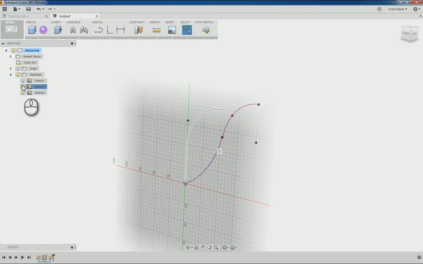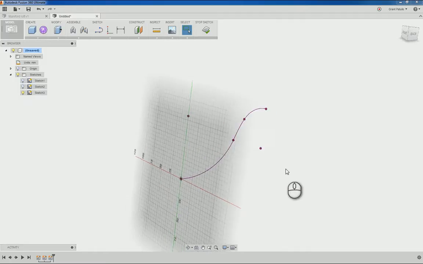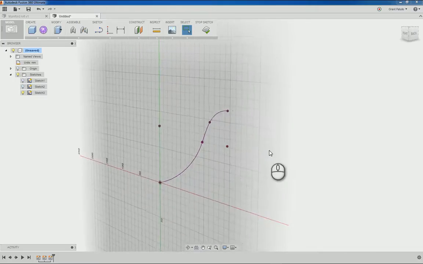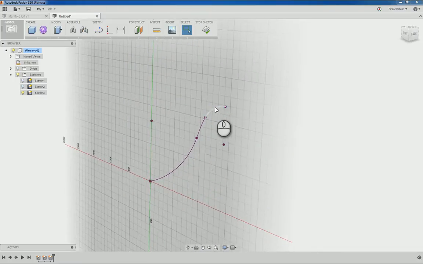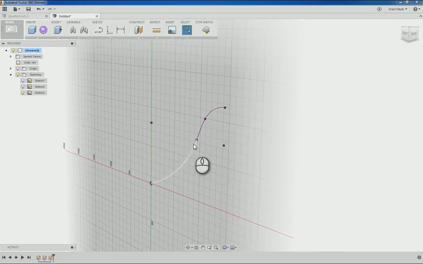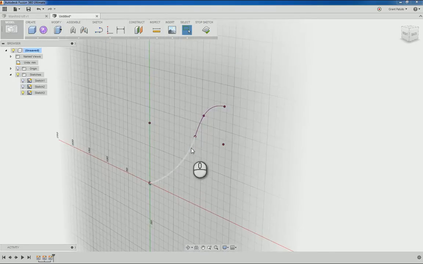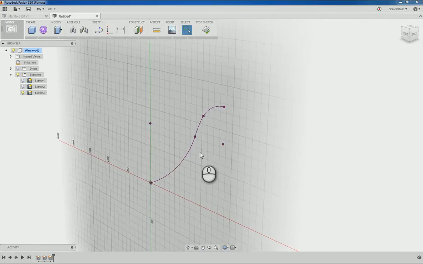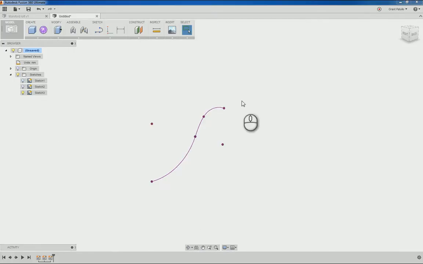So I can turn these other two sketches off. So that is now a 3D sketch of how that would look. But these lines are all separate. This is a separate line to this part, and you can't join them. I've looked high and low and can't work out a way to join them in Fusion, so you have to work around it. So in that sketch, now we need to do our loft,